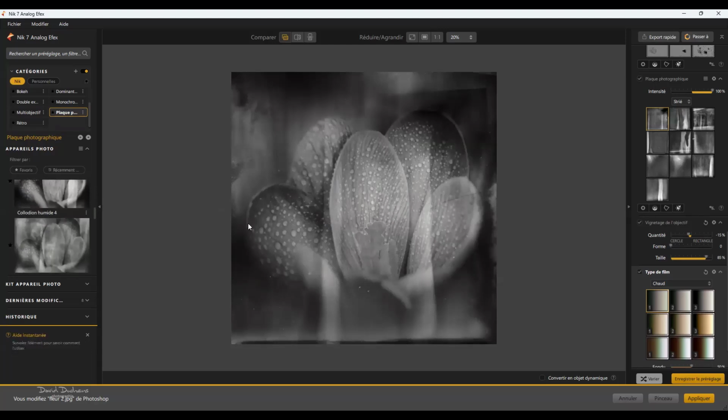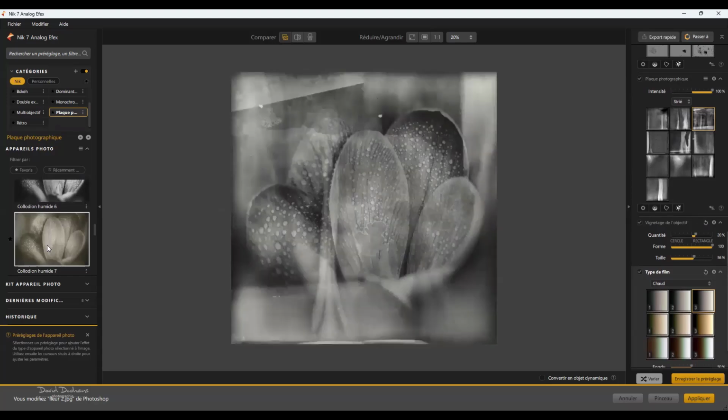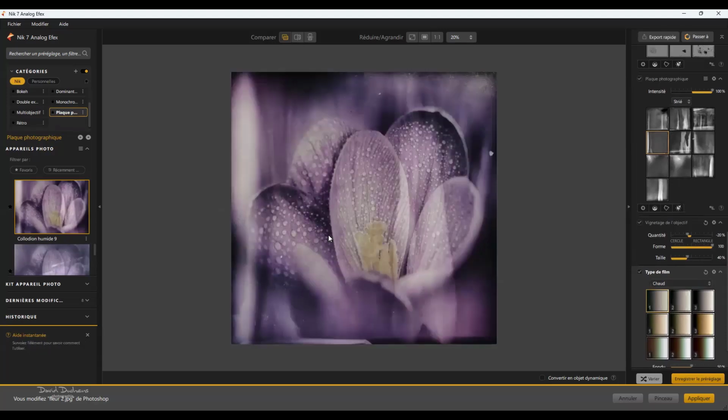I took photos with an antique camera. I had a huge collection in the past. I had something like 250 cameras. You see, interesting. It can be very, very creative in just a few clicks. That's what I like. Even if I like to spend a lot of time on my images, that's it. If you have questions about